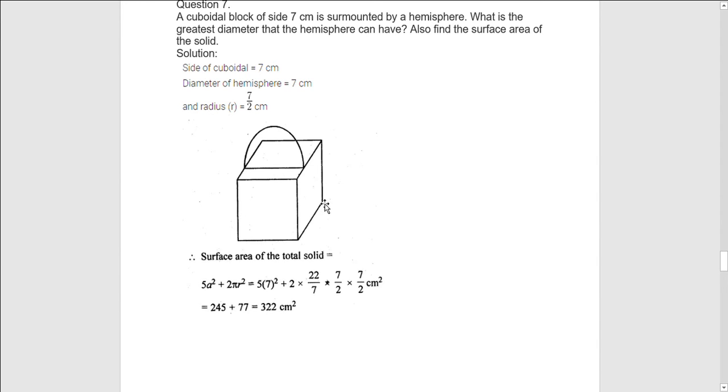5. So what is the area over here, surface area of the cuboidal figure? 5a square. You should understand why a square is not taken fully, because here the hemisphere is kept. Right? So curved surface area of hemisphere is 2 pi r square, and one surface we have left, so it is 5a square. So total surface area of this figure is 5a square plus 2 pi r square. I hope you understood, and substitute the value. A is this, and radius is half of the side. 2 pi r square. Calculate it.